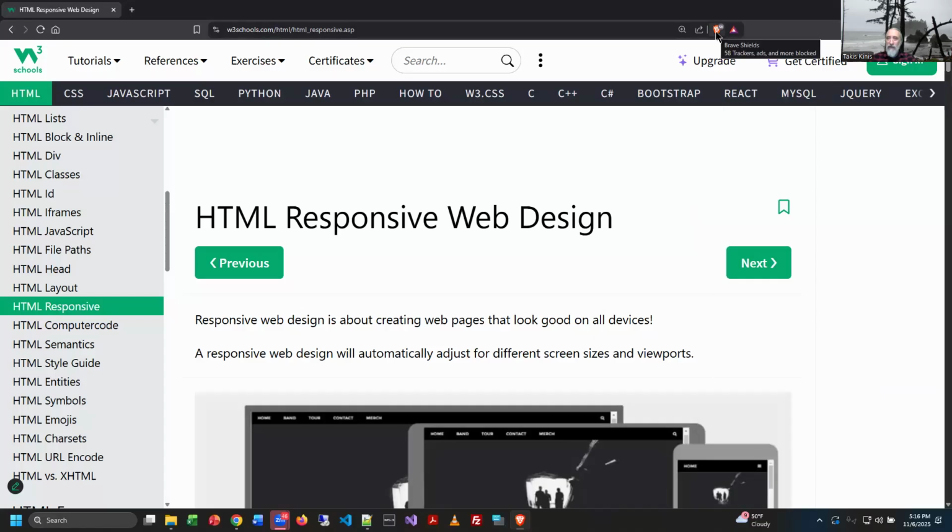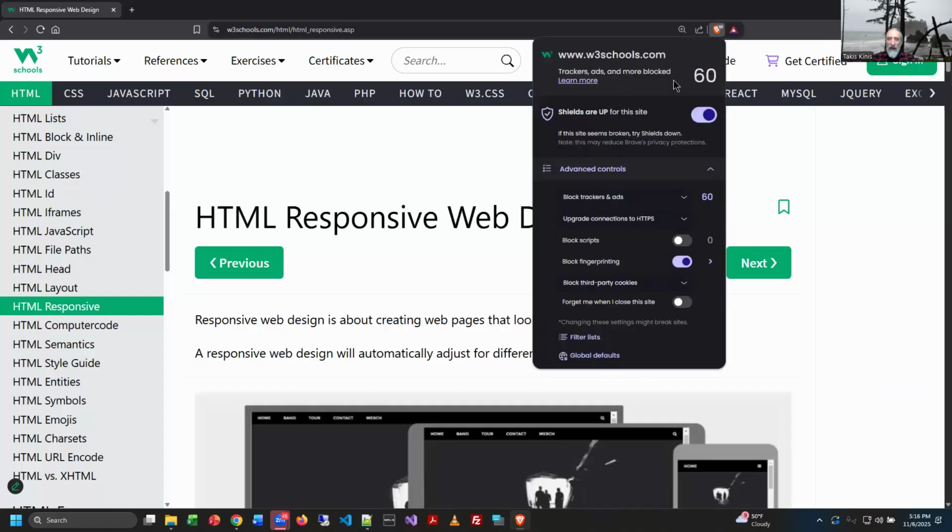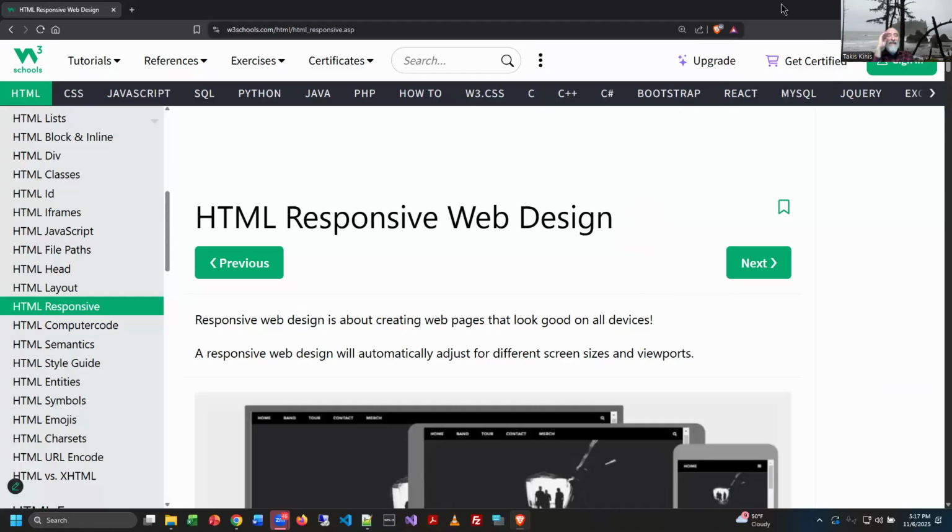which is a good thing. And even though W3 is a great site, it blocked 62 trackers on this site already, right? Because they got to pay the bills too. So when you come here and you click on stuff, they share that information with other sites. That's a crazy amount if you think about it, right? So, all right,